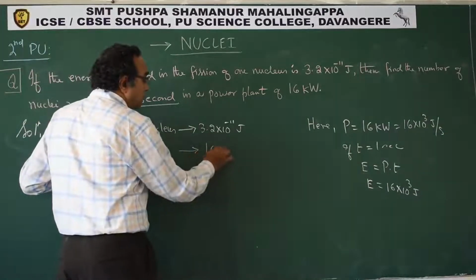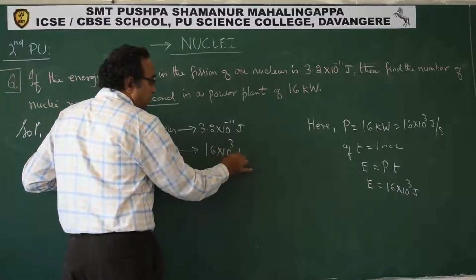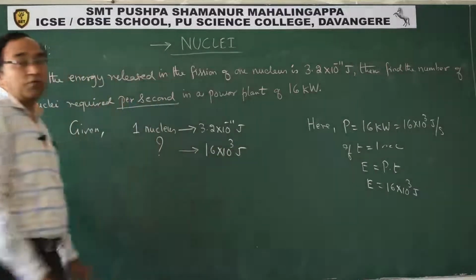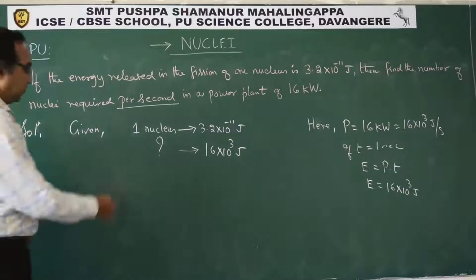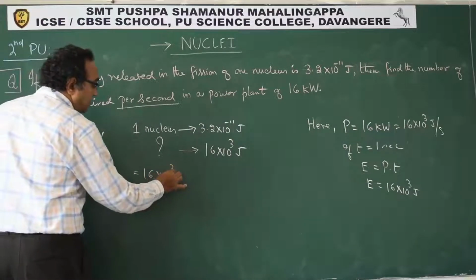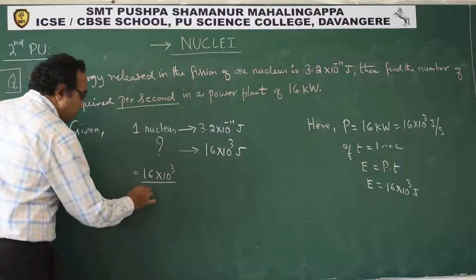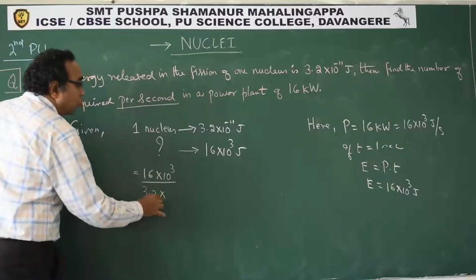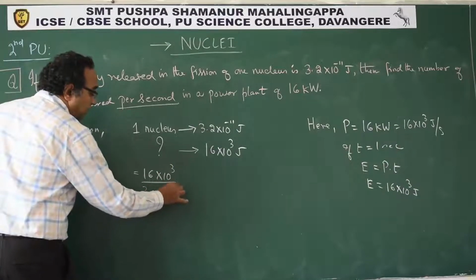So 16 × 10^3 joule will be released by how many nuclei? As simple as that. So it is 16 × 10^3 upon 3.2 × 10^-11